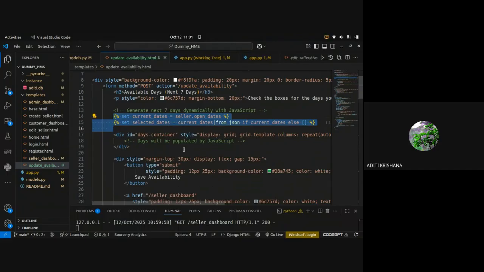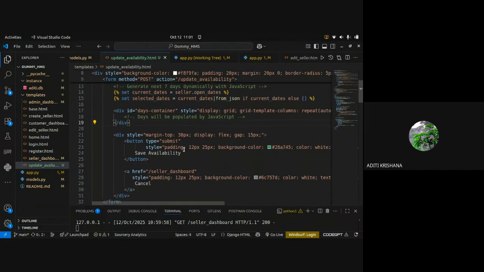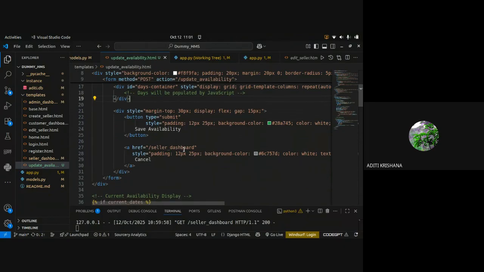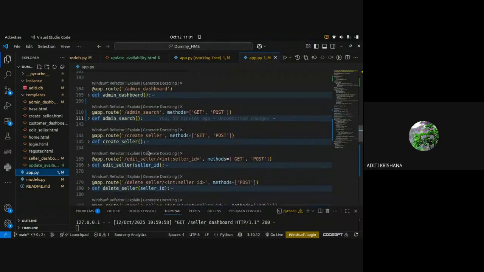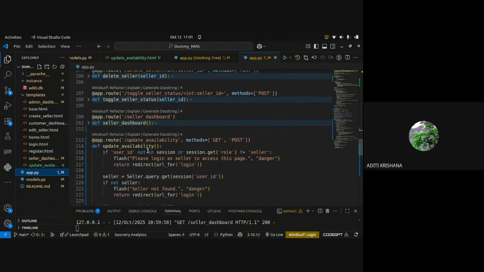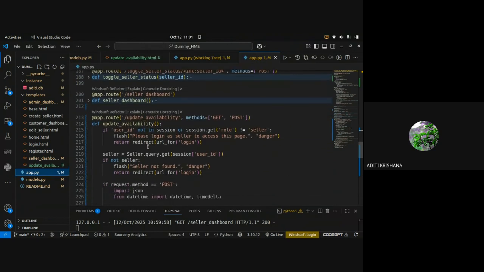But just a minute. These are the setting of dates. Let's first, yes, this is how the functionality works. Then only I will be able to show you and explain the HTML page.